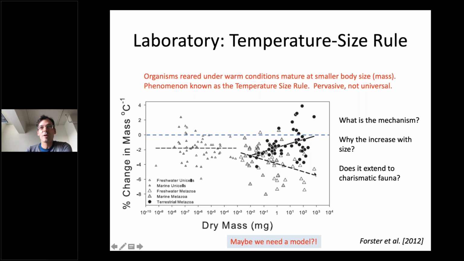So, these experimental results stop at 10 to the 3rd milligrams, 1 gram body size. Does it go all the way up to the things that folks in fisheries would typically be concerned about, or people standing on the beach looking at the fauna of the ocean? Does this so-called temperature size rule extend to those larger organisms for which direct experimental evidence is lacking or very scarce? So that's the kind of question, all these questions indeed, are the kinds of questions for which one might turn to a model. And so